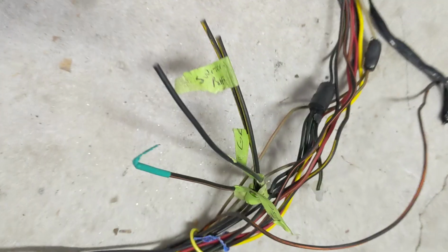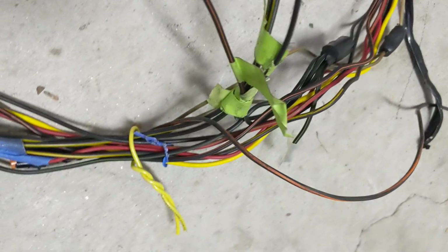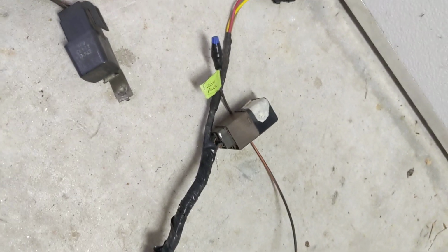And then I got the power wires that are needed to hook up the Holley here. I got ground, I got switched power, and I got fuse power that goes back to the fusible link. So that should get the Holley going. And then there's the original EEC relay that